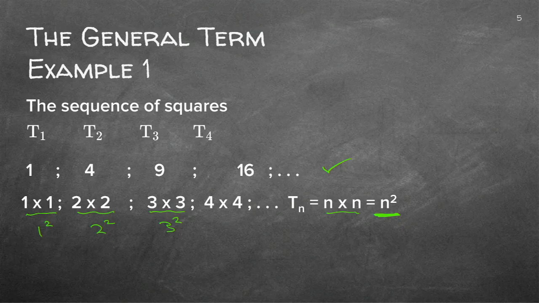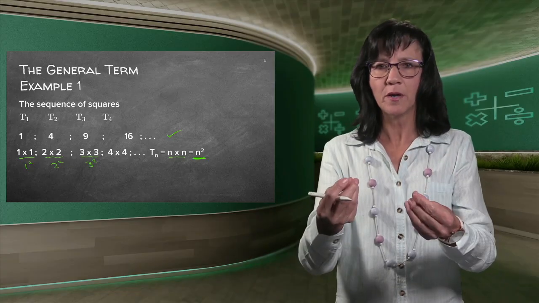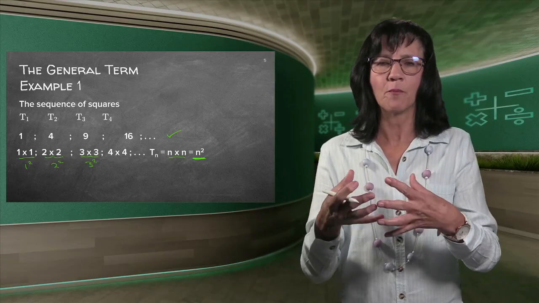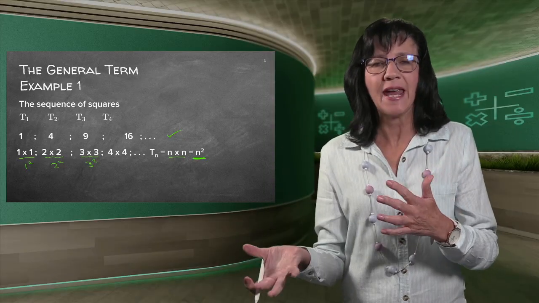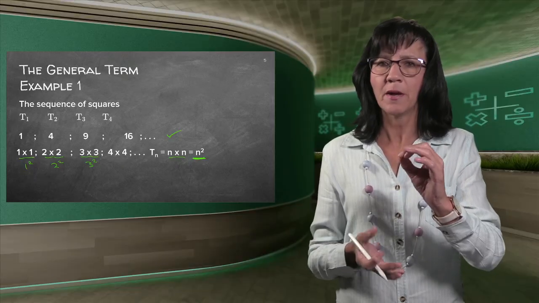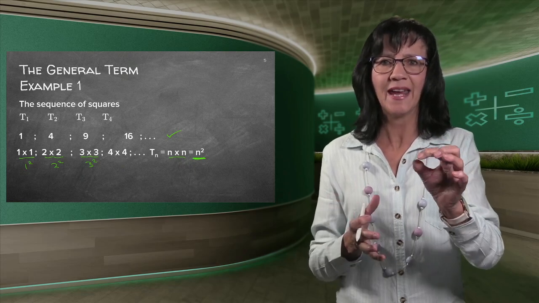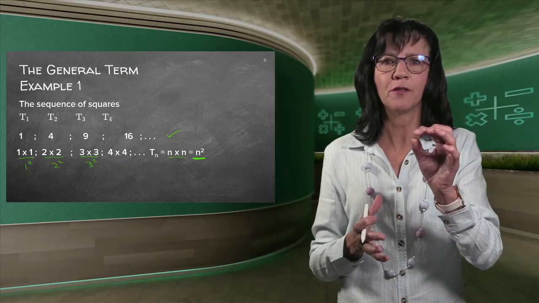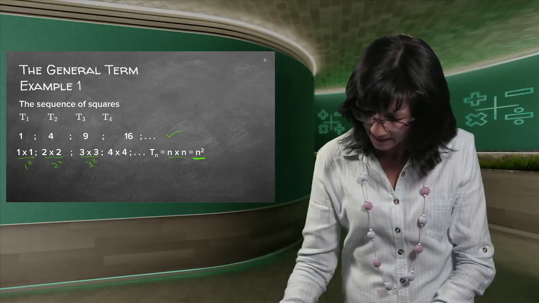And there's your formula for this sequence. That is how we get formulae. We look at each one, we see if there's a pattern that is repeating, and by the time we get to the nth term, we just use n for the number of the term. It's very easy. We make maths abbreviations as easy as possible. T for the term, n for the number of terms. The third one, or the fourth one, or the 50th one, or the nth one in this case.